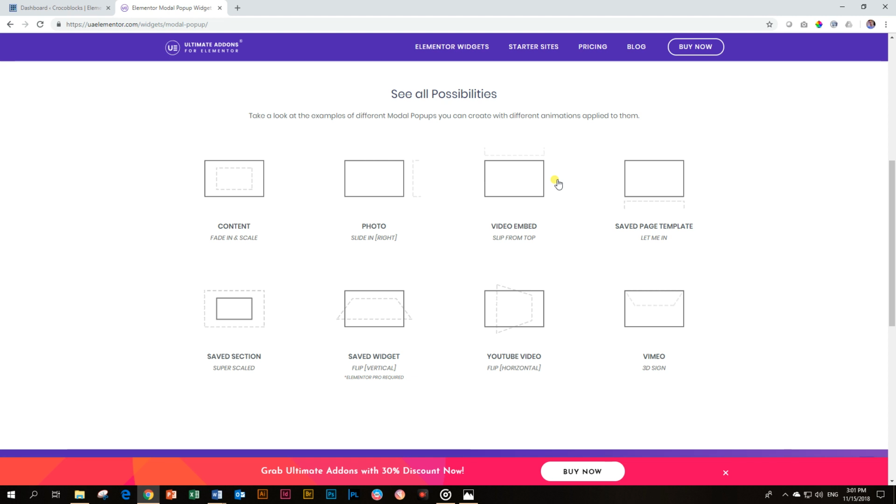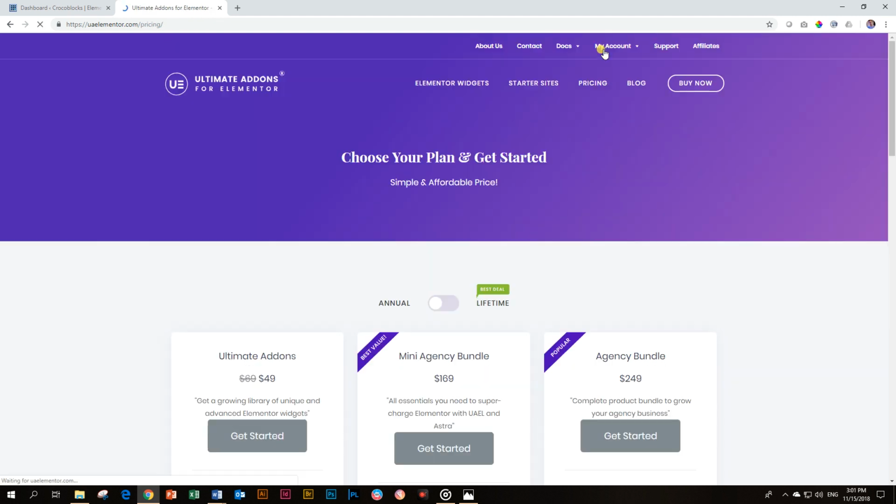Now, one thing about Ultimate Add-ons is that it is made by the guys who make Astra. So if you're an Astra user, you will find that these add-ons play very well with Astra. They also made a set of add-ons for Beaver Builder, but in this series we are only focusing on Elementor. Let's have a look at the pricing then,